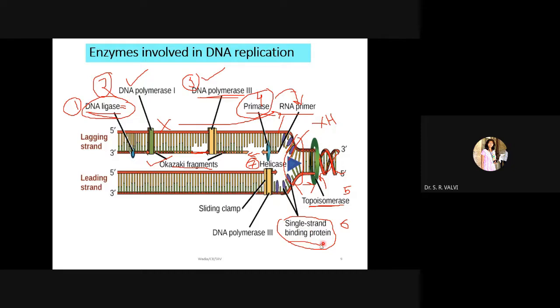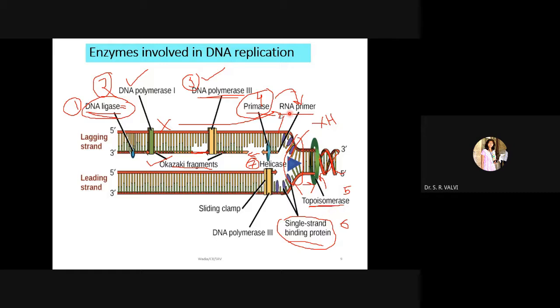Then single strand binding protein. This binding protein is present around the DNA, around the replication fork, to prevent the unwinding or rewinding of the DNA, right? It prevents the rewinding of DNA. Who? The single strand binding protein. Then come to the topoisomerase. Topoisomerase leads ahead of this replication fork, and hence it prevents the supercoiling. Who is preventing supercoiling?